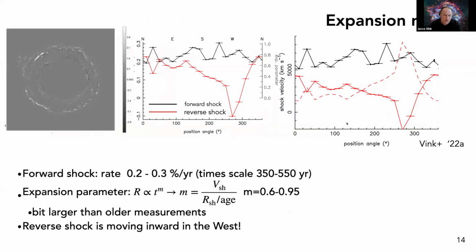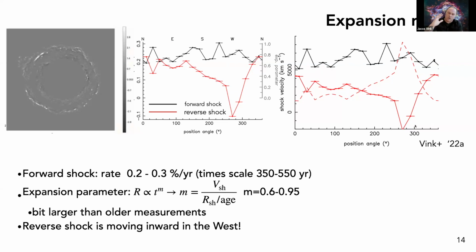And indeed, if we do an X-ray expansion measurement, and I did something two years ago, here you see the forward shock velocity that we measure. It's around 5,000 to 7,000 kilometers a second in Cas A. Here we see the reverse shock velocity, and it's going actually in reverse in the western region. So basically, the forward shock is going outward in most of the remnant, but in the western region, it's going inward. And what you then have is a very high shock velocity, because the shock velocity is really determined by the